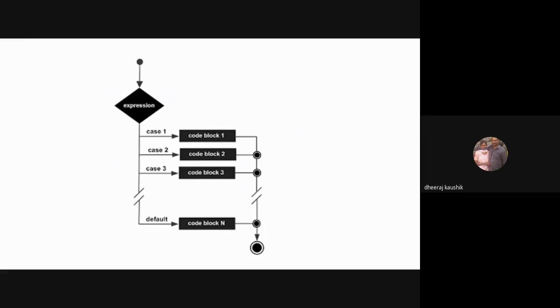In a switch case, as you can see, the program comes down to the expression, and the cases are checked. The user input is compared automatically with every case available until case n, and code block n would get executed if that case runs.